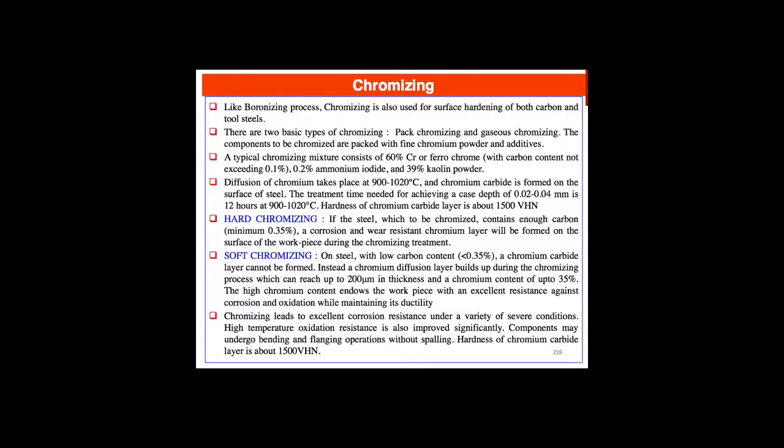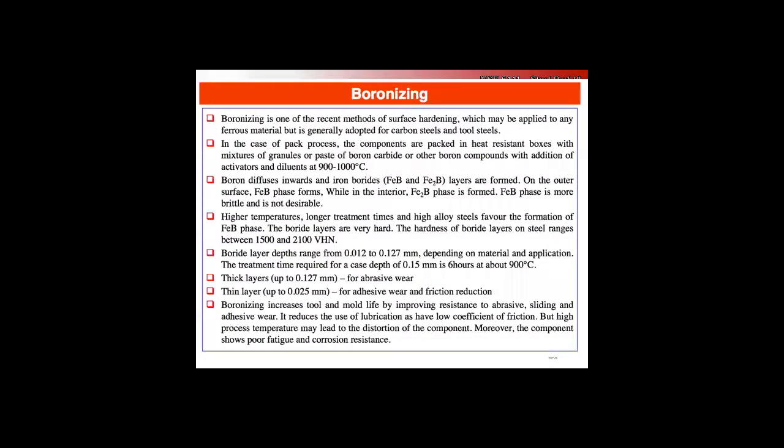And then boronizing and chromizing are sort of more recent, not as common methods, but are important for tool steels. Basically, boron will diffuse in and form these borides, right? There are two stoichiometric forms that form, iron boride and iron